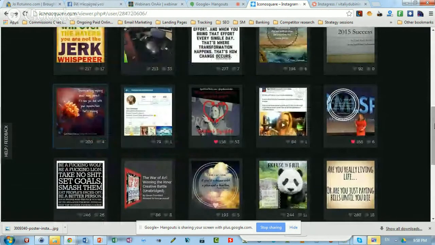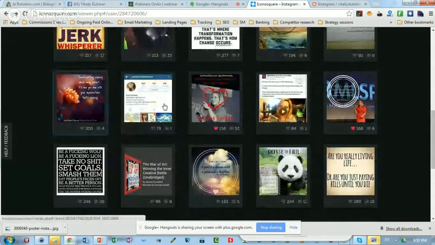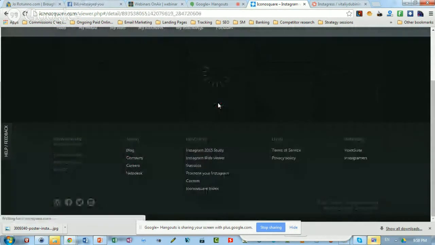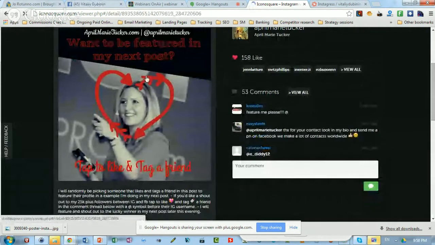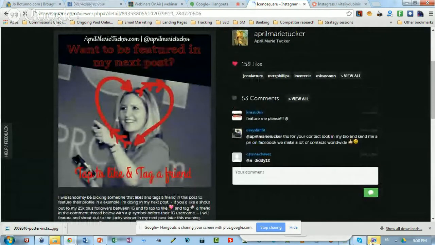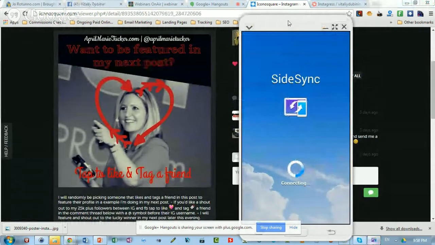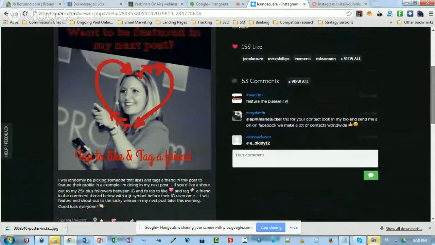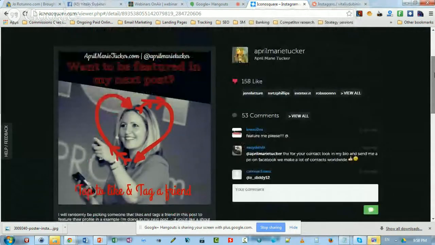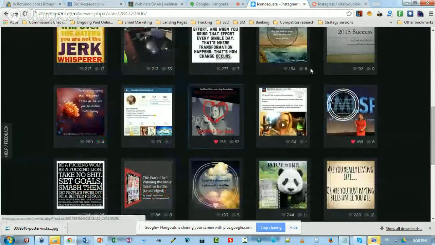I wanted to show you how she creates those images. It's such a bummer it doesn't sync. Okay, as you see, you can get very, very creative. Want to be featured in my next post? She's challenging people. Anytime you want, you can challenge people and throw in a contest or something like that.